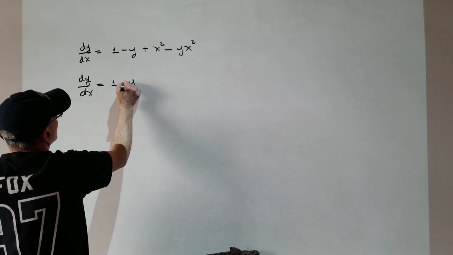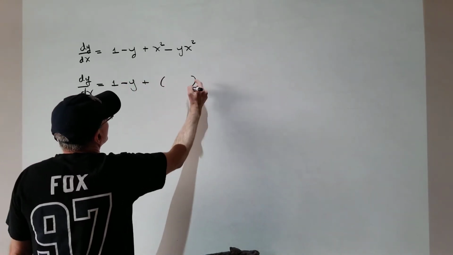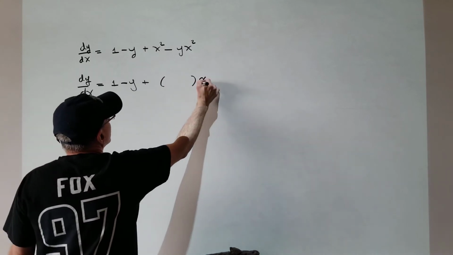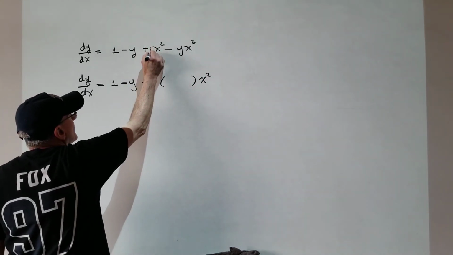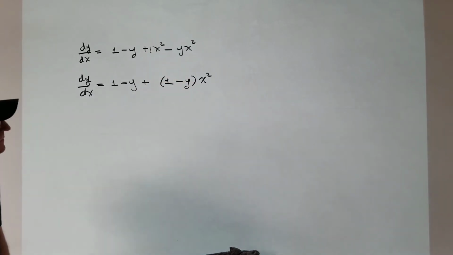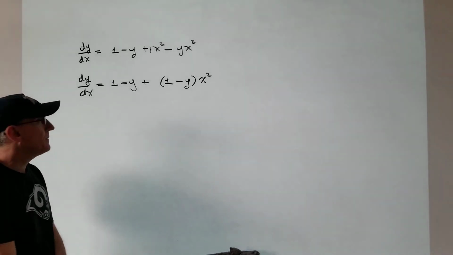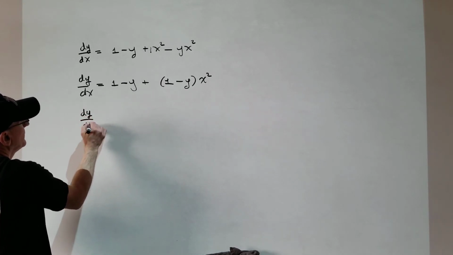And when you take x squared out of the two terms, either right or left side of the parentheses, it doesn't matter, you are left with a 1 and a minus y. You see that? Okay, this next step's a little harder to see, maybe, unless you've done a lot of factoring